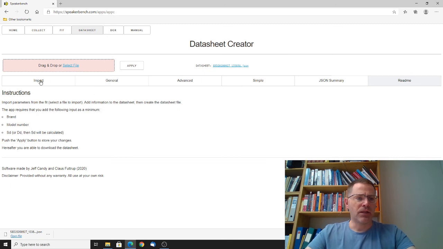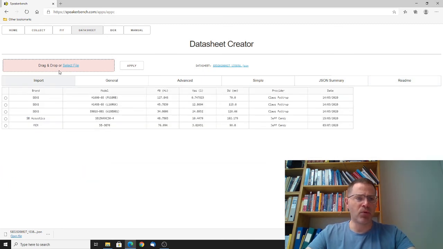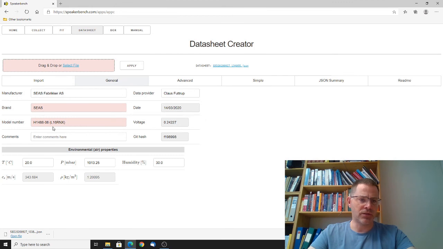Then I will show you the import. The import tab is just a very simple home-cooked mini database where we can load up some drivers without having to do all the previous steps, and it's a little bit easier just to play with something in the datasheet creator. We could, for example, load this L16, and that would be exactly the data that we have processed now. We push here and push apply, and then you can see the L16 is here,